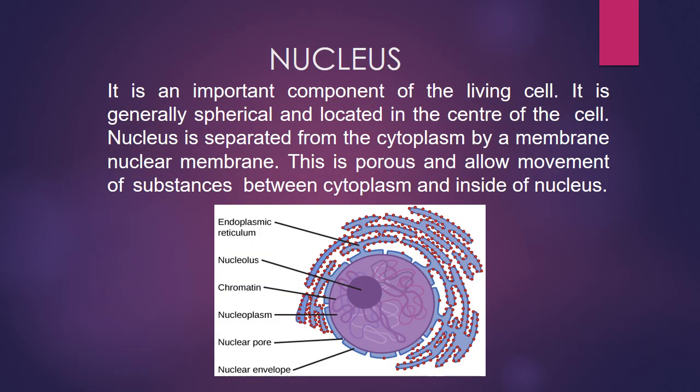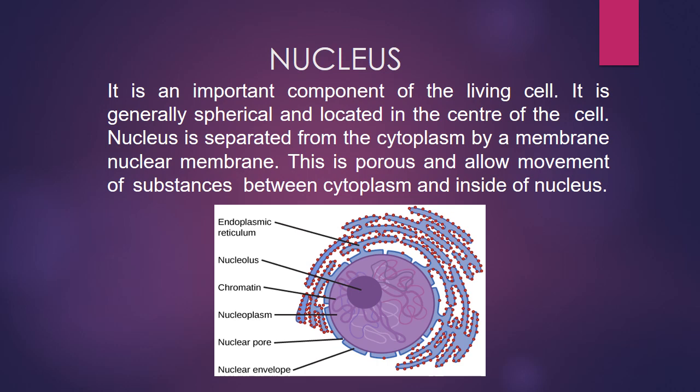Next, the central structure in the cell is the nucleus. Nucleus is called the remote control of the cell. Why do we call it like that? Because it controls the various activities of the cell. It is a small spherical structure generally located in the center of the cell in case of animal cell, but in case of plant cell it is shifted towards the periphery because of presence of a centrally located large vacuole.